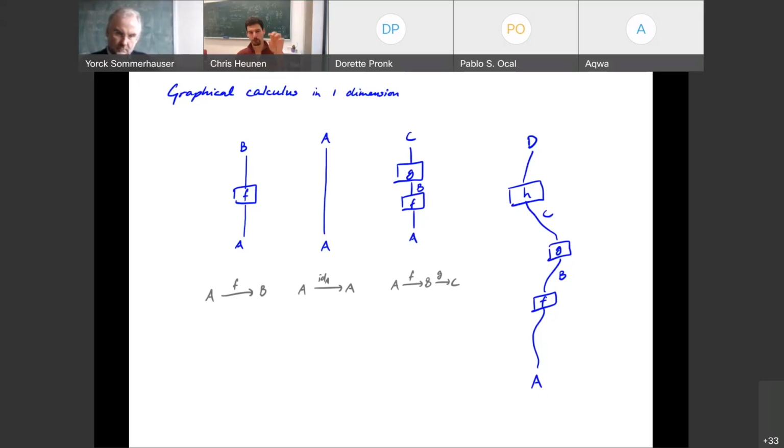So a morphism F will be drawn as a box like that. In particular, the identity morphism will be drawn as a special box, namely the box that you don't see, and it's just the wire that goes from A to A. And then composition, I can draw as a composition of a map F that I draw as a box labeled F, and a box G that I draw as a box labeled G. I can just put the boxes on top of each other. And then the laws of categories, they sort of melt away.